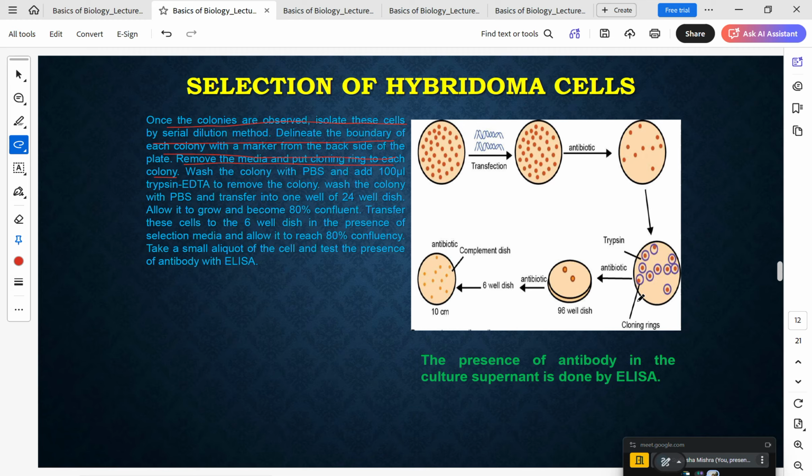Nowadays what people do instead is, this is also done, but another way to do this is you trypsinize the cells, take a very small well plate like a 384 well plate, and you use a cell sorter. The cell sorter can put single cells into each well. It has the ability to count single cells. So instead of doing a serial dilution, the cell sorter will put one cell into each of the wells.